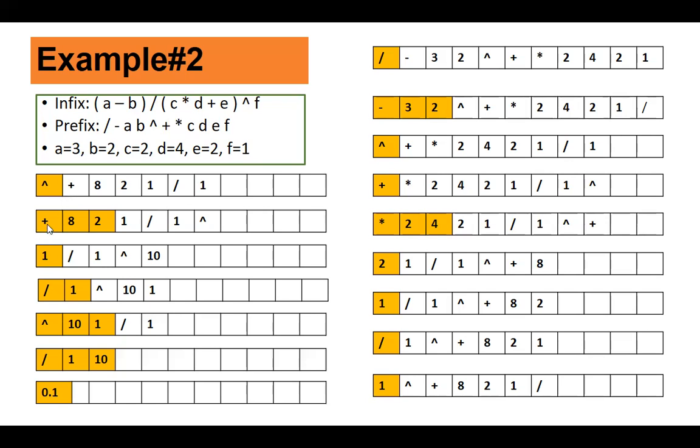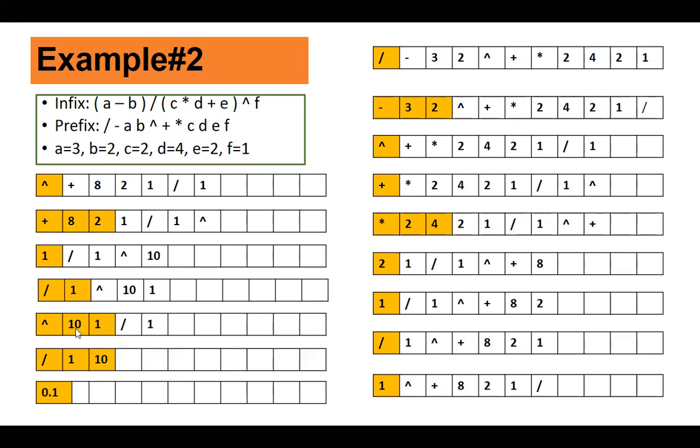So now front is pointing at an operator followed by two operands. So delete the operator, delete operand 1, delete operand 2, carry out the operation, that is 8 plus 2, and insert the result at the rear, that is 10. Fine. Now front is pointing here, that is 1. Again an operand, so delete it, insert it directly at the end. Fine. Now front is pointing here. So it is an operator not followed by two operands, so delete it, insert it at the rear. Again, what you read is an operand, delete it, insert it at the rear. Fine. Now front is pointing here.